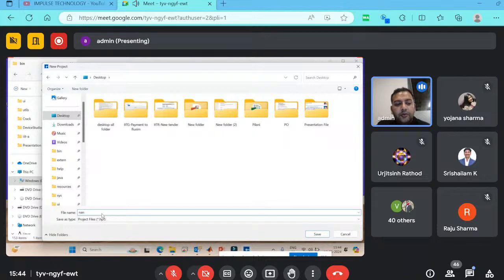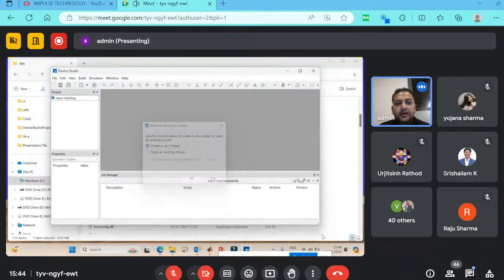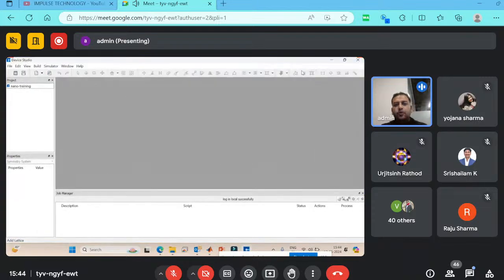Let's suppose on the desktop, as an example, I want to save the project. I want to give the name of my project, Nano Training, as an example. I can click on the save button. It will save on my desktop folder, and the project got saved. Now, whatever manipulation I do, whatever material or parameter I create, will load in the same